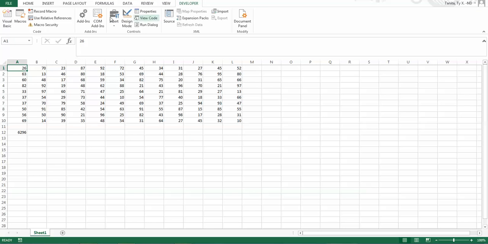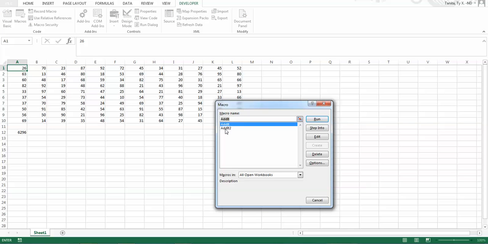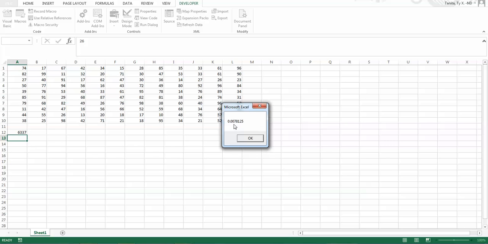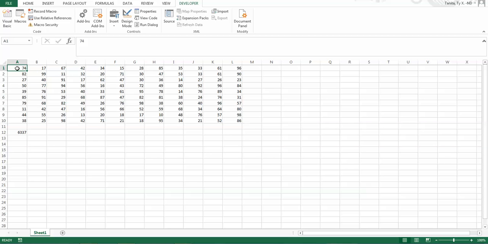So I'm going to close this out, and we saw that the first time I ran it, it took about 1/10 of a second. So if I come to macro and I hit the second one, I'm going to run it. As you can see, it took way less than 1/10 of a second. I mean, way less. So as you can see, it's running the same code, it's doing the same thing, it's just that it's not updating on your screen. So if I hit OK,